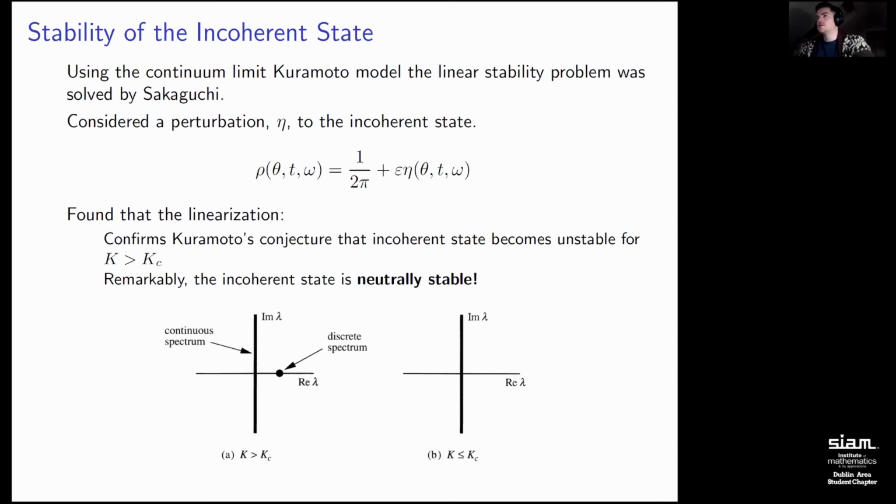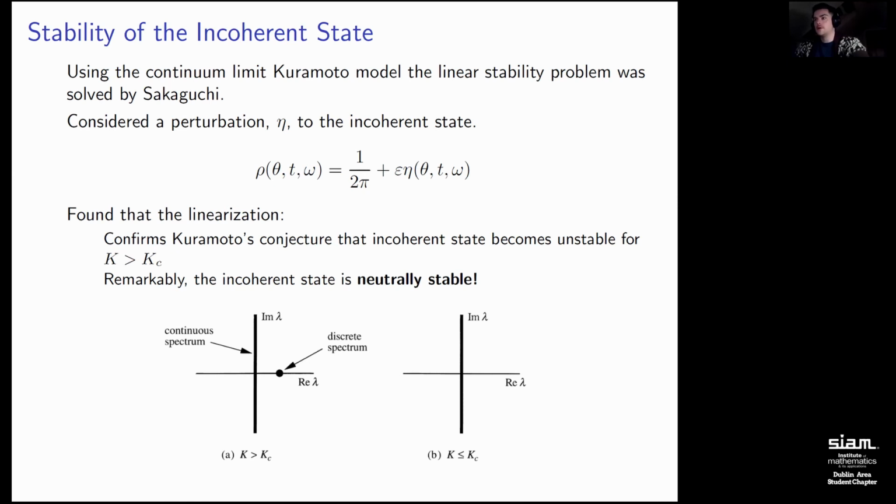So Strogatz then goes on to talk about the stability of the incoherent state. He didn't prove this himself. It was actually proven by Sakaguchi, and he considered a perturbation to the incoherent state. The incoherent state is given by a uniform distribution, so the oscillators are uniformly distributed around the circle, and then there is some perturbation to this distribution. And from the linearization, he found that